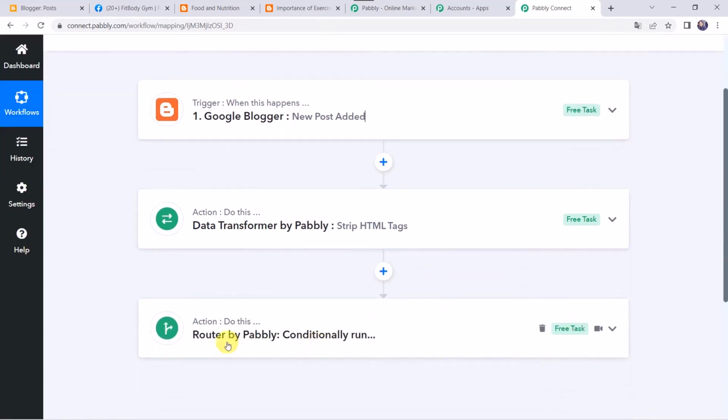And at last we have set the router steps over here, that if the image exists in the blogger post, then what needs to be done? Then the post should be shared on the Facebook page along with the image, and if the image is not there in the blogger post, then only the title and its description should be posted on your Facebook page. And in this way we have learned how we can create an integration between Google Blogger and Facebook pages